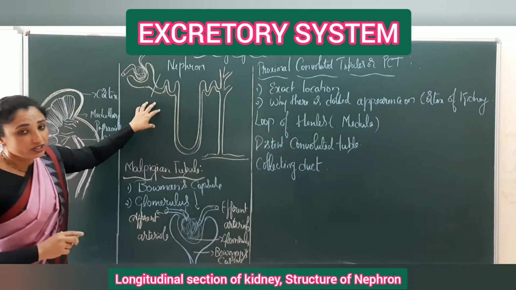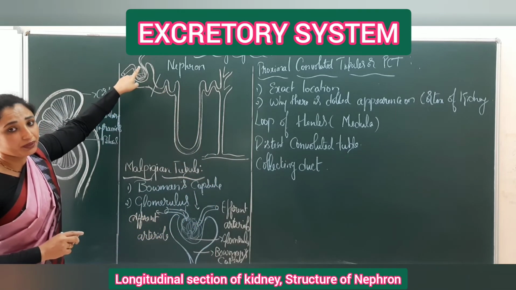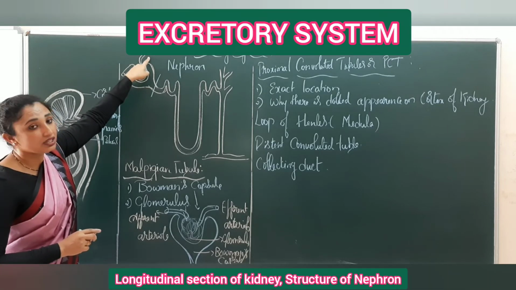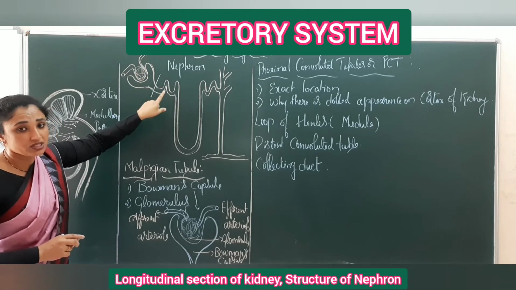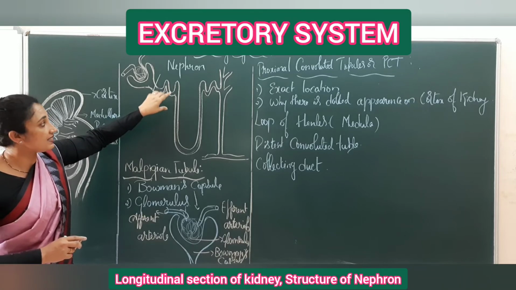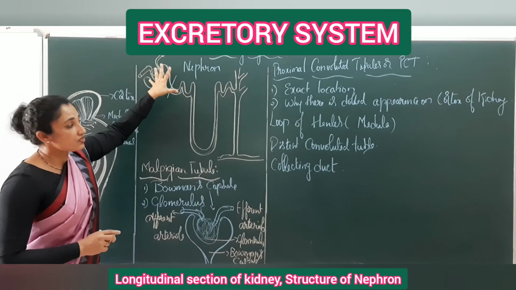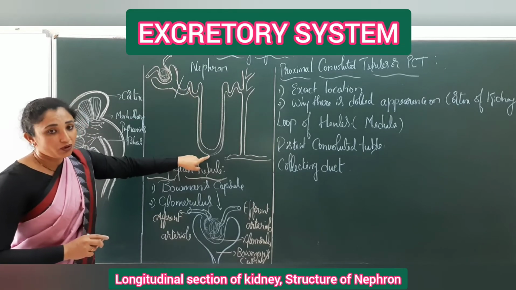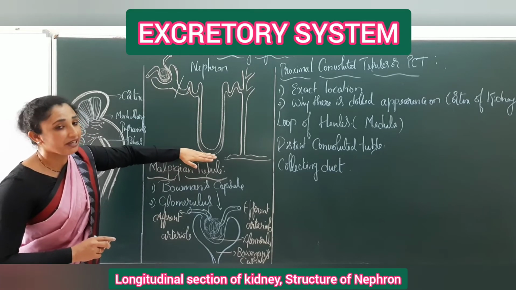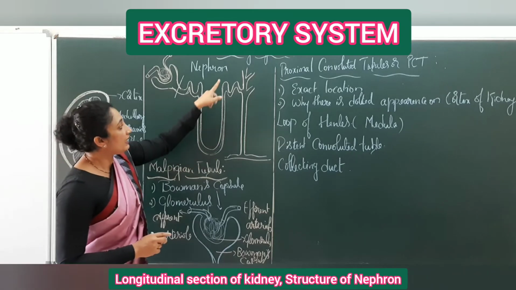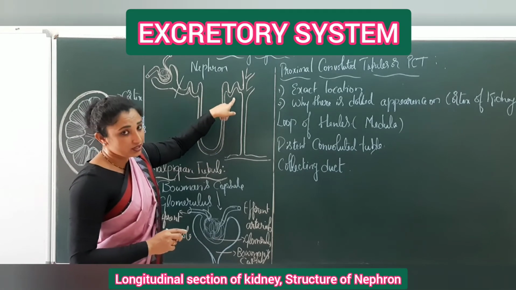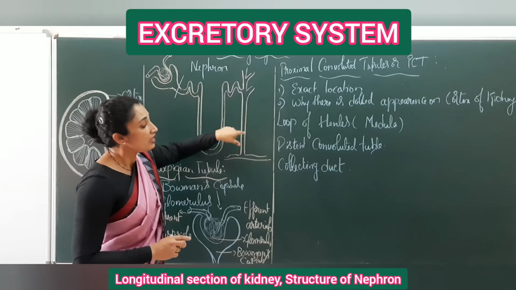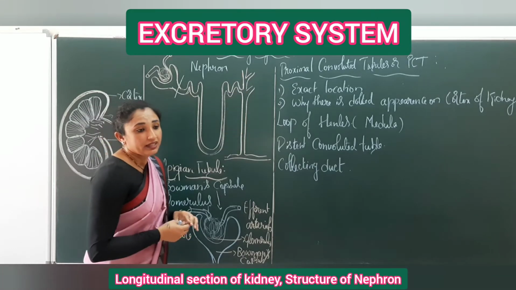So when we talk about the structure of the nephron, we have glomerulus, Bowman's capsule, afferent arteriole, efferent arteriole, proximal convoluted tubule. I told you as it is at the beginning of the structure, we call it proximal, meaning initial. It leads to the loop of Henle which lies in the medullary region of the kidney. Leading again, the loop of Henle leads to the distal convoluted tubule, and the distal convoluted tubule is attached to a collecting duct. Next we will see.